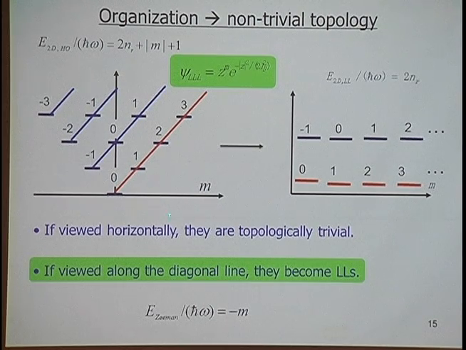So if we look at, for example, the ground state S level, the next state is a pair of P levels, and then a degenerate S level and D level, and so on. If you look at the spectrum in a horizontal way, each level has a finite degeneracy. You have positive chirality and negative chirality, and added together, it cancels. So nothing spectacular. But if we change our viewpoint and look at the same thing in a diagonal way, then it becomes a Landau